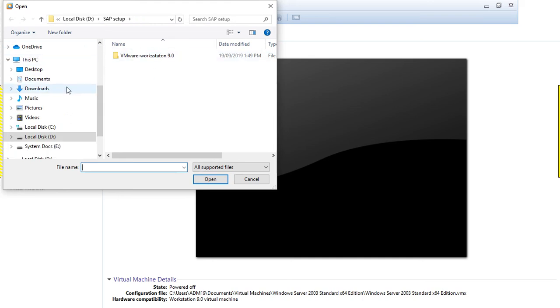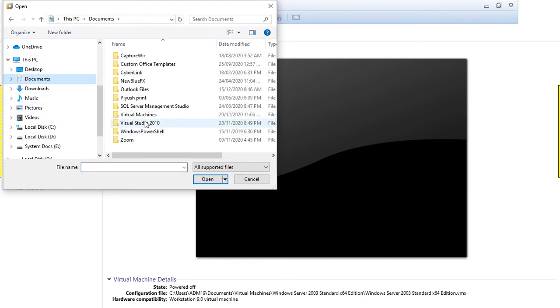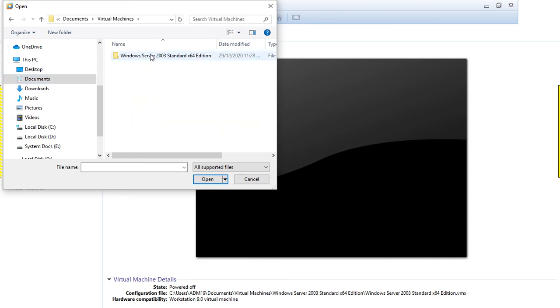From Open, go to My Documents, where you have the virtual machine, and select it from there. If unfortunately there was a direct shutdown or power failure, we can open it from here next time; otherwise we are not able to log in again. So be careful during the login process or while opening your SAP console.